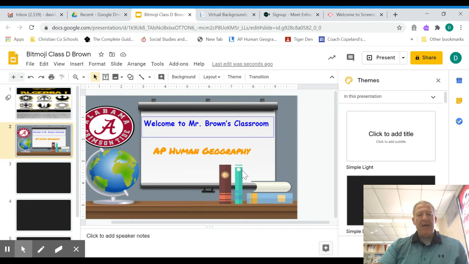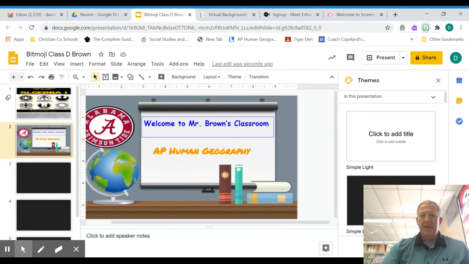So let's say that I wanted to add a picture of myself, or in this case, my Bitmoji. So I'm going to come over to the top of the screen, the little puzzle piece, and I'm going to come down here to Bitmoji. I'm going to click on Bitmoji, and when it pulls up, I'm going to have a long list of different options here in my Bitmoji page to choose from. So as I scroll through here, I'm just going to pick out something that I like, or something that will fit just for right now and that will work. So let's look through here and I'll find something pretty quickly. Let's see here,